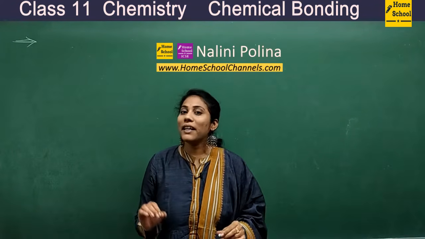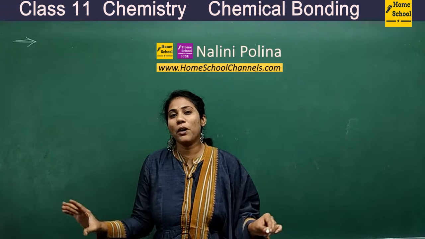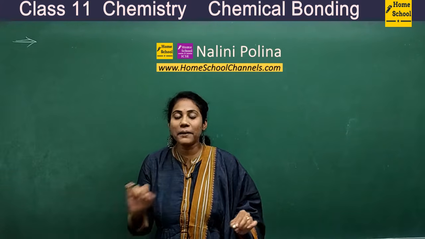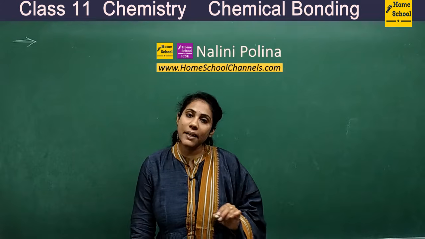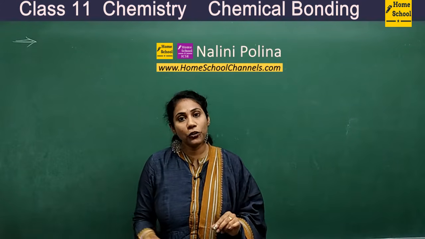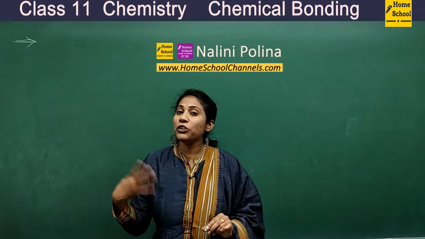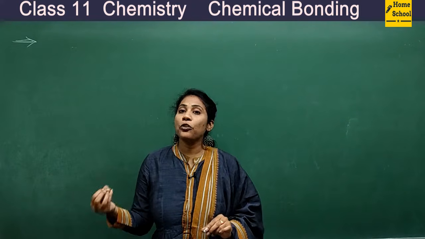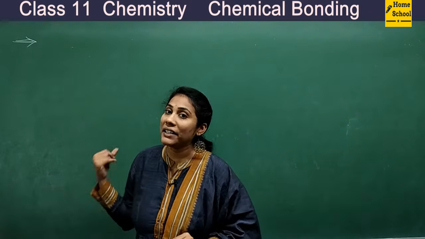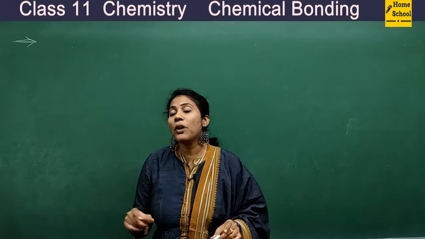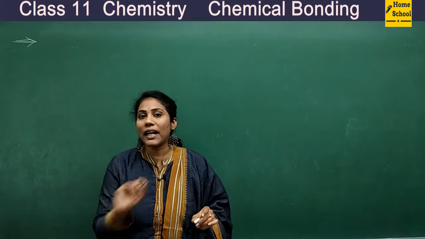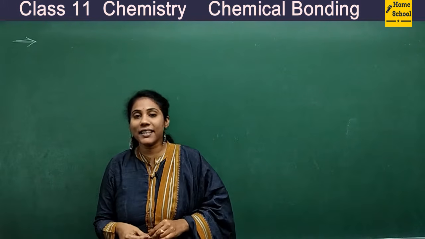I am with the chapter chemical bonding, the most important chapter that you have to concentrate on. Already part 1 of this chemical bonding is completed, where I taught you an introduction to different bonds, like how a covalent bond can be formed, how an ionic bond can be formed, and most importantly I taught you a beautiful trick to write the Lewis dot structures easily.